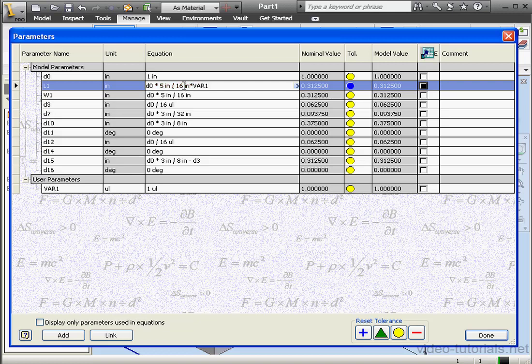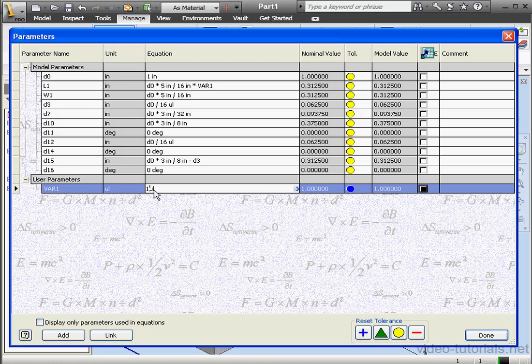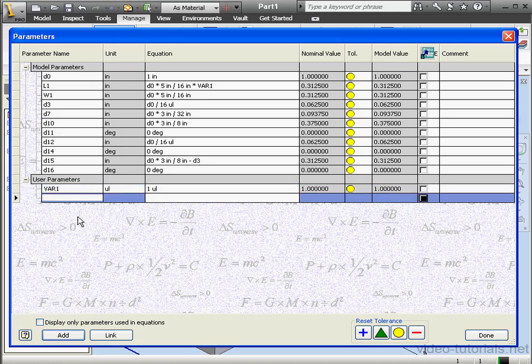What I've done here: the smallest Lego block, the onesie, is 5/16 of an inch by 5/16 of an inch. Now in order to make it twice as long, let's change it to, for example, 2 to make a twosie. We will use this variable to adjust the length of our Lego blocks. This will let us keep the model parameter formulas simple. I'm going to change it back to 1, and before we go check out how this works in our workspace,